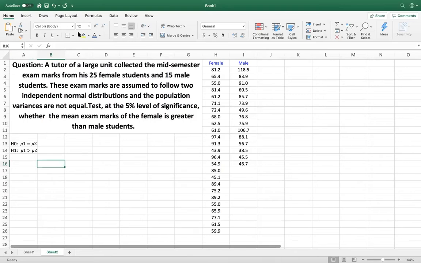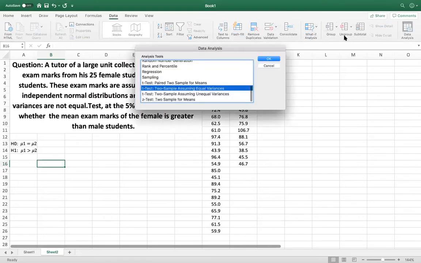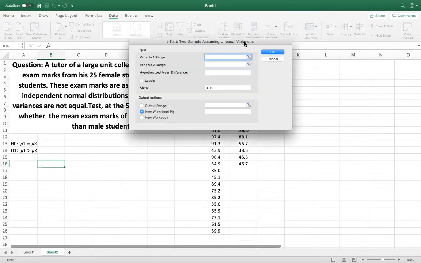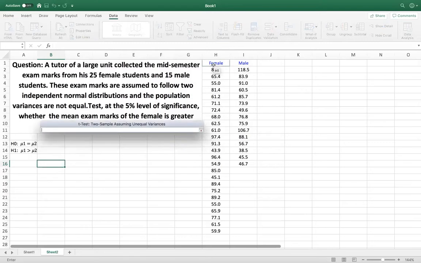And then we are going to draw the output using Excel. It is just under the data analysis. You need to choose the analysis tool, which is the two-sample t-test assuming unequal variances. And the next step is really easy. You just select the input range